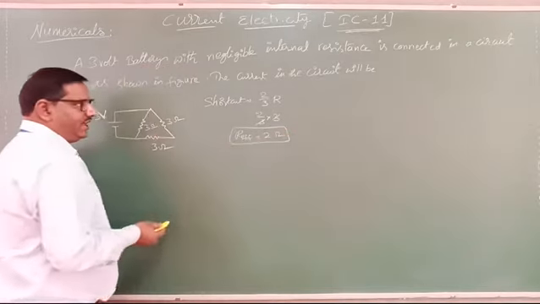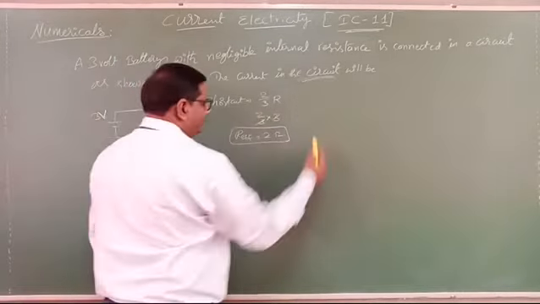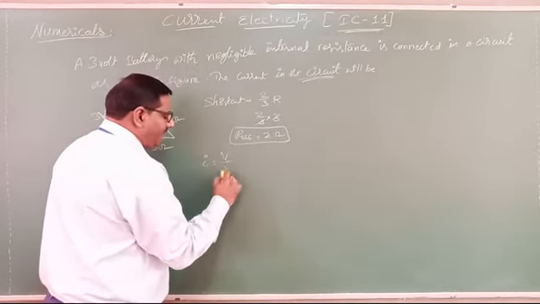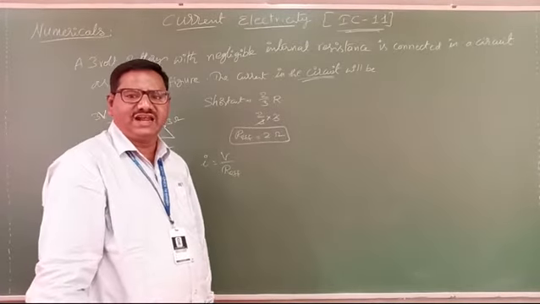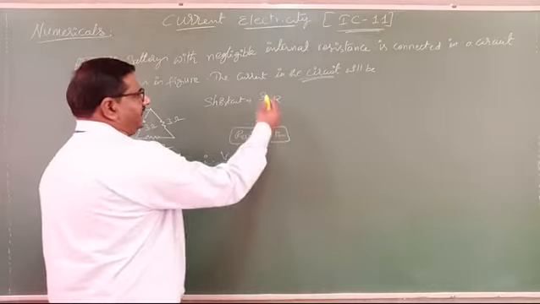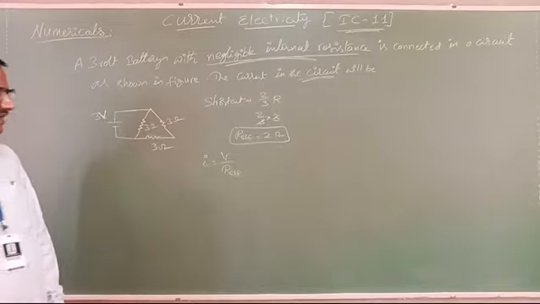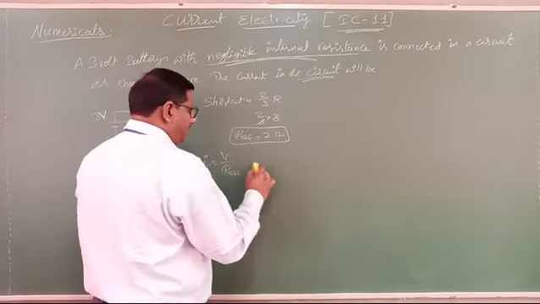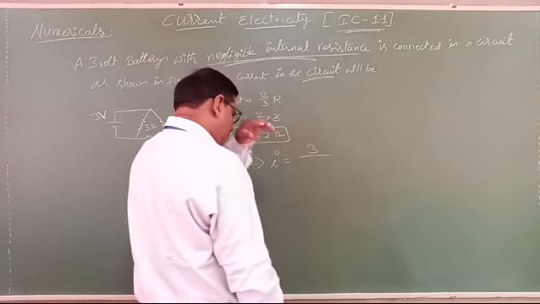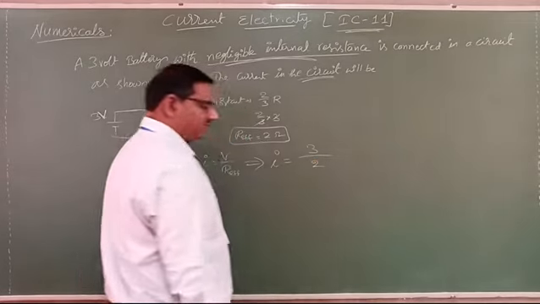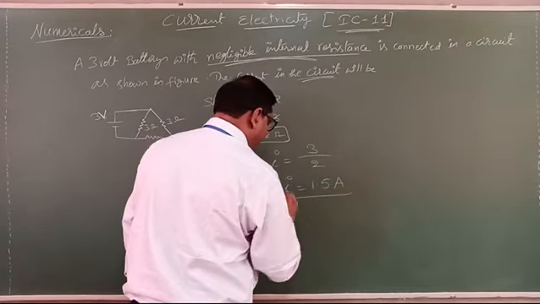Now what can we measure here? Current. Very simple. Current in the circuit. Current I equal to what can you write? V by R effective, because here the internal resistance of the cell is negligible. That condition is also given here. See that? Negligible internal resistance. Then how can you measure? Now current I equal to V value. How much voltage is applied? 3 volt. Now how much effective resistance did we get? That is 2. Now 3 by 2, that is I equal to 1.5 amp.